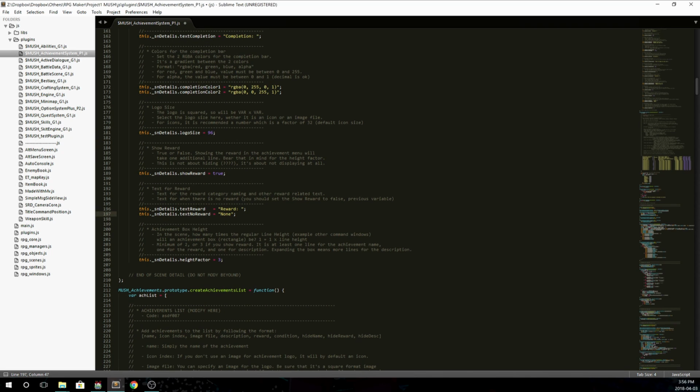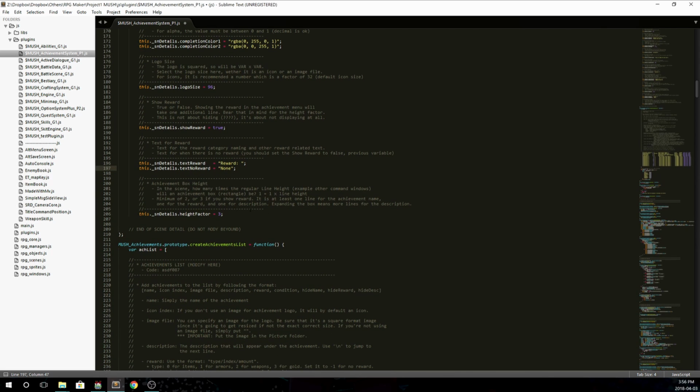Text for reward. This is just if you decide to use a reward. The text here, and if there's no reward, you can decide to leave the text that says reward, but that would be kind of pointless. So yeah,